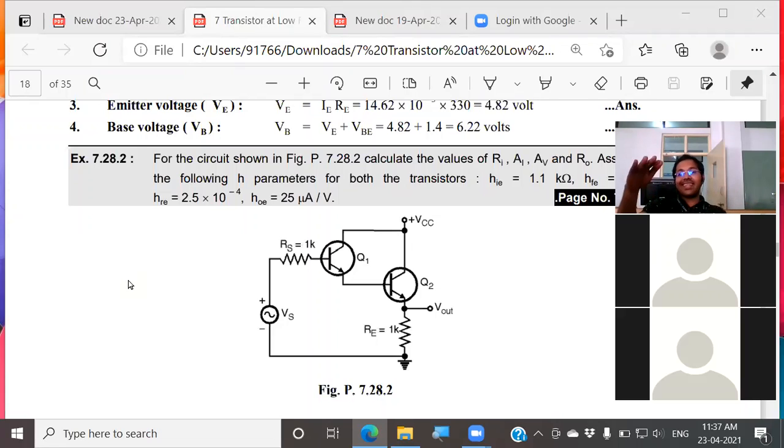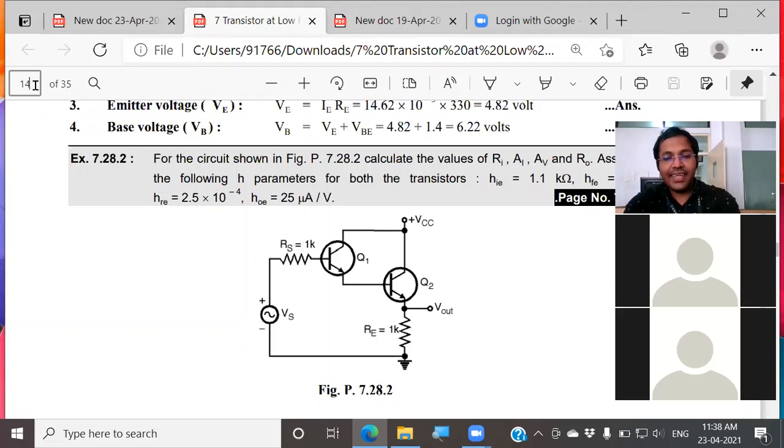Output resistance, you know the tips. Make Vs 0, pull out the load resistor. Then apply an external voltage source and measure the current drawn from it. The voltage divided by that current drawn will give you the output resistance. So, the same old tricks we have been discussing for the earlier circuits, we will be using here. Anyway, let us see the problem now.